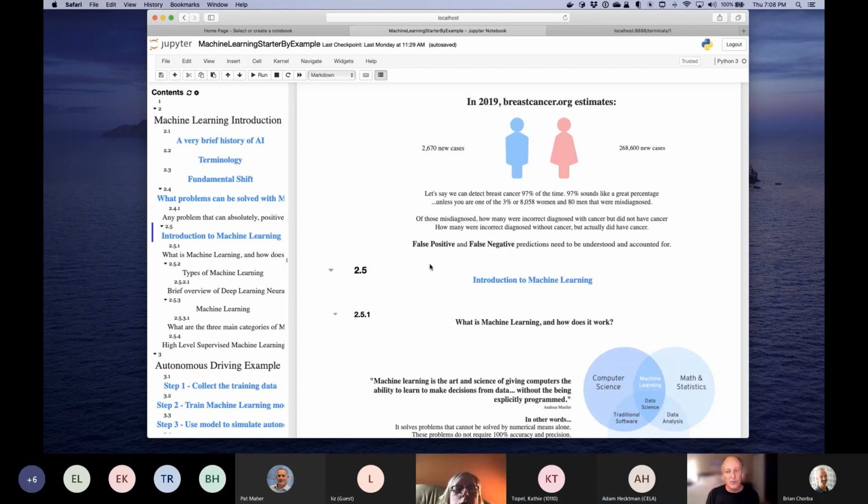So when you go through the training of models, it's not enough just to understand how accurate the model is. We have to look at how it got the answers wrong. And then, depending on what problem you're trying to solve, you can start to shift it to maybe give you more false positives or more false negatives. It really depends on your business problem. But just keep in mind, when someone says something has a certain accuracy, we need to go dig deeper. We need to understand how it got the answers wrong.